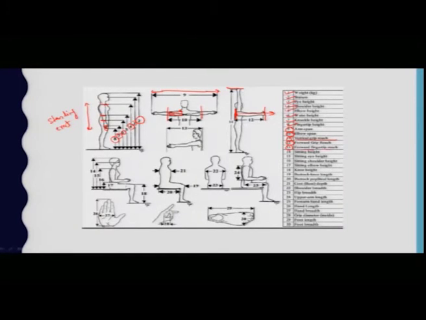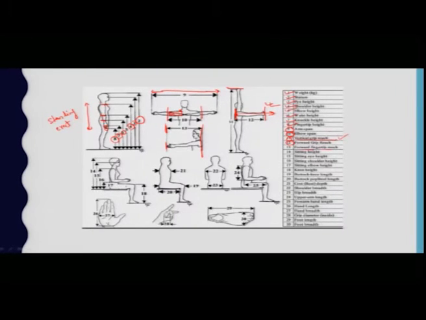So that particular extension is known as forward grip reach. The 13th point is forward fingertip reach, that you can see here. Here you have to stretch your fingers. In the 12th case, you do not have to stretch your fingers. Here you have to stretch your fingers, and from the extreme point to the initiation of your hand. We have discussed weight, stature, eye height, shoulder height, elbow height, waist height, knuckle height, fingertip height, arm span, elbow span,